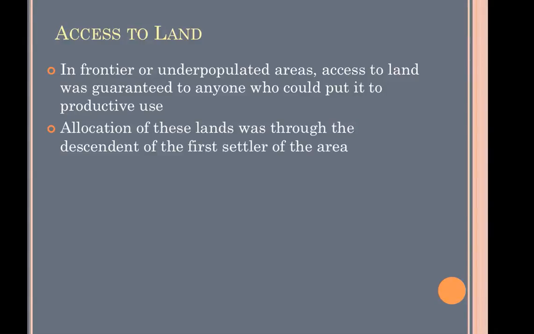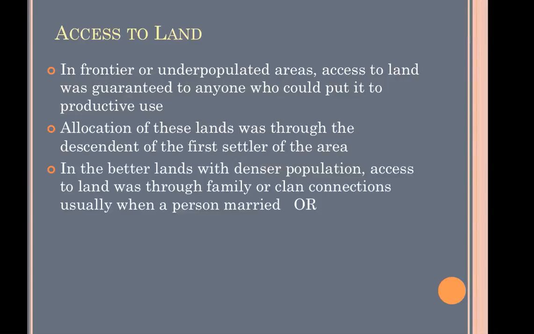Now, typically, any kind of land had to be distributed by someone. It wasn't just a free-for-all. There tended to be a lot of regulation, actually, over how you would gain access to land. So there's empty land. You don't have any land, so you go and you talk to the person whose family has been established in a region, and that's just known as the first settler in an area.